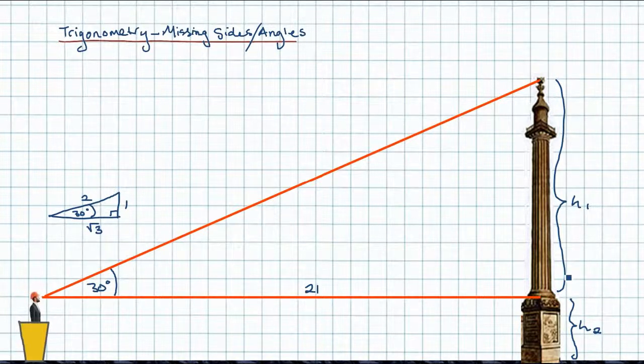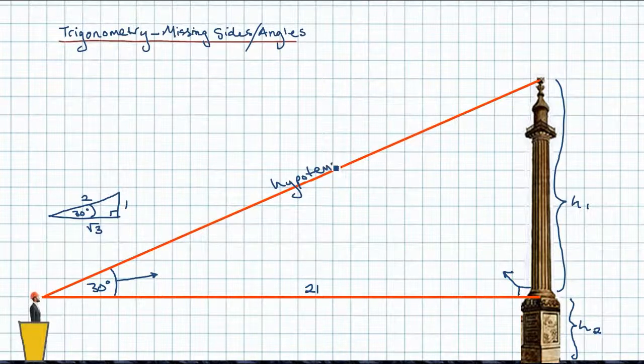Okay, so what have we got? We've got the opposite. Again, if we draw an arrow, we can clearly see that h1 is opposite to the angle. If we want to know what this is, and we're a bit forgetful, don't forget that the hypotenuse is very easy to identify. The hypotenuse is opposite the right angle. So if this is the hypotenuse,